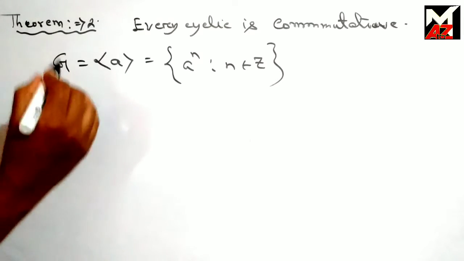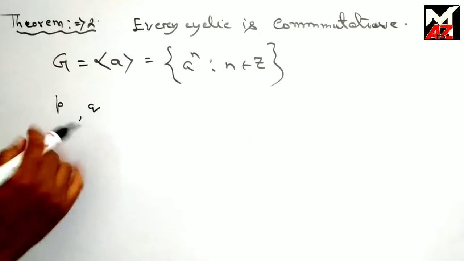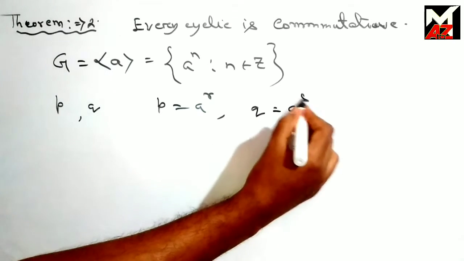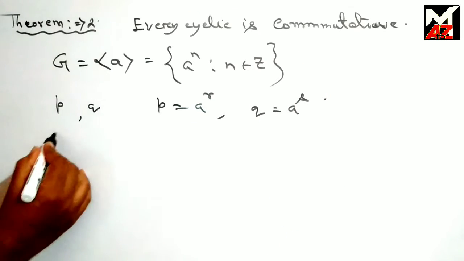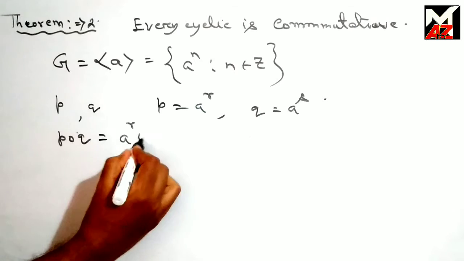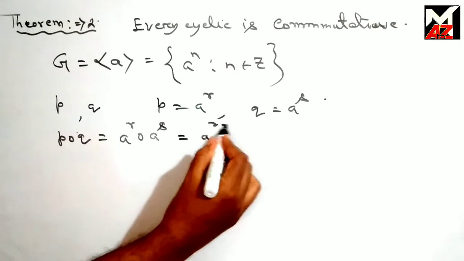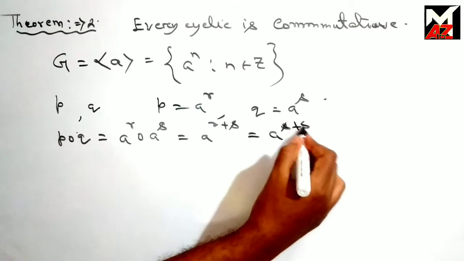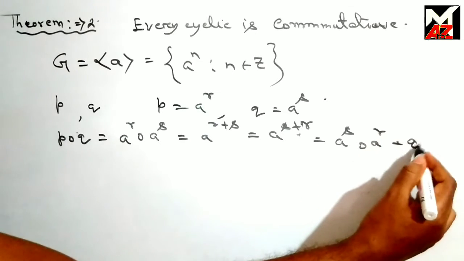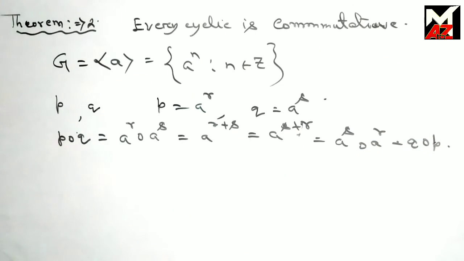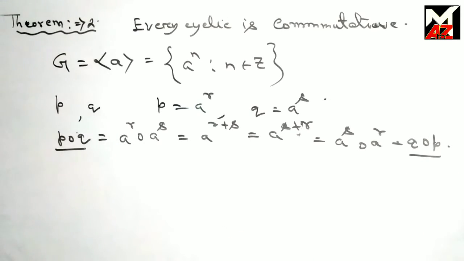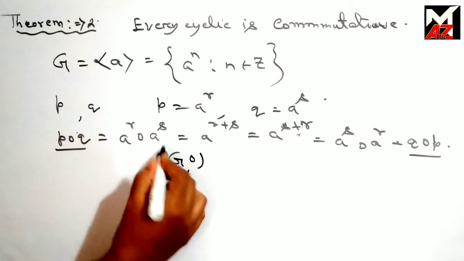Now we take any two elements P and Q. So P is of the form a to the power r and Q is of the form a to the power s. Now P composition Q is equal to a to the power r composition a to the power s. This is a to the power r plus s, and this is a to the power s plus r, and this is a to the power s composition a to the power r. This is Q composition P. So clearly PQ is equal to QP for all P, Q belongs to G. So G must be abelian